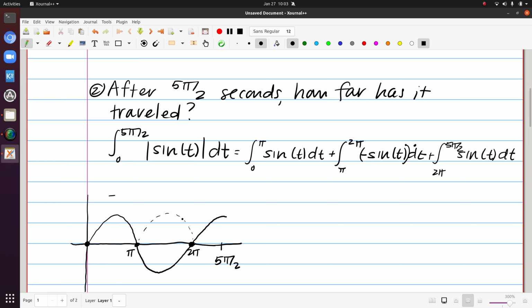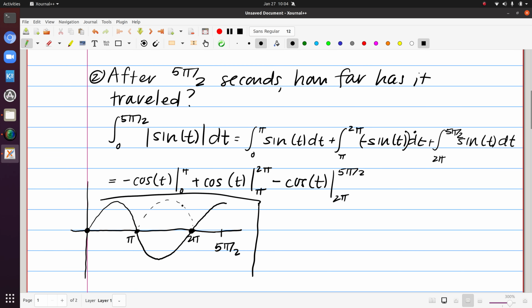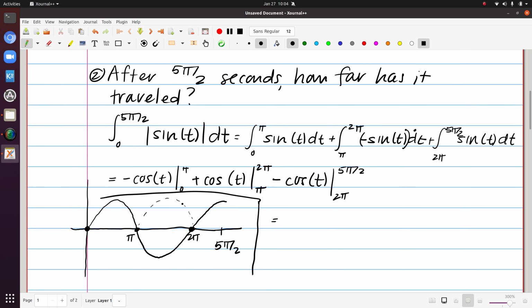Now, actually going through this, the antiderivative of positive sine is negative cosine, and the antiderivative of negative sine is positive cosine. So we just need to account for all of these points of evaluation here. Let me make sure that this graph is kind of off to the side. And so going through and actually evaluating this, we're going to get